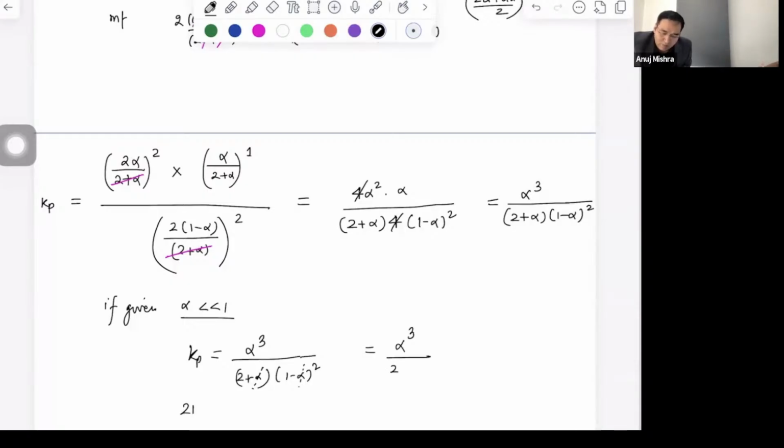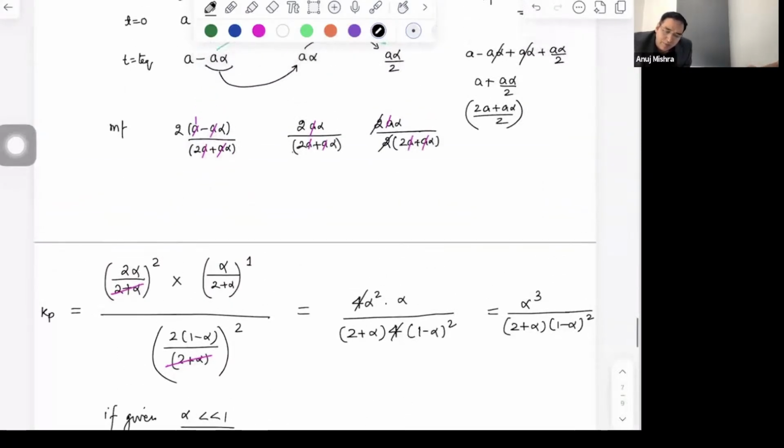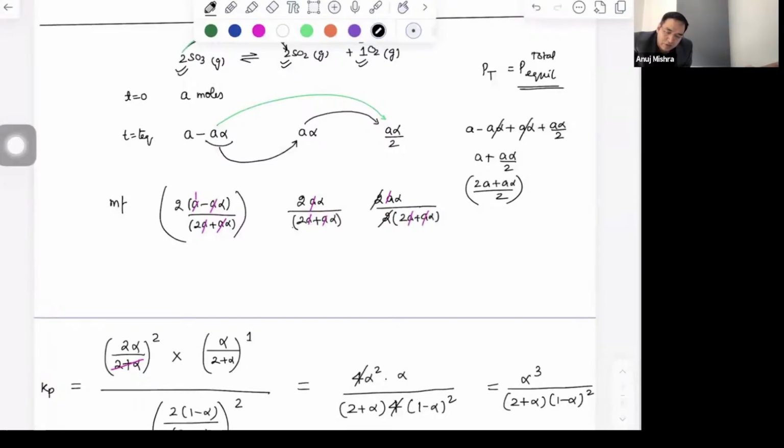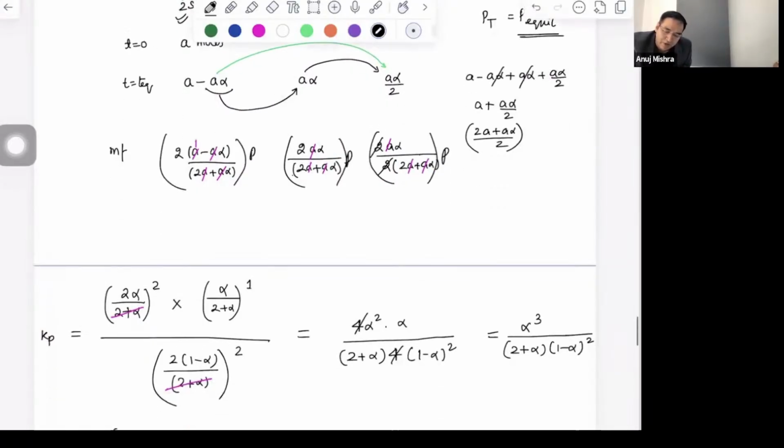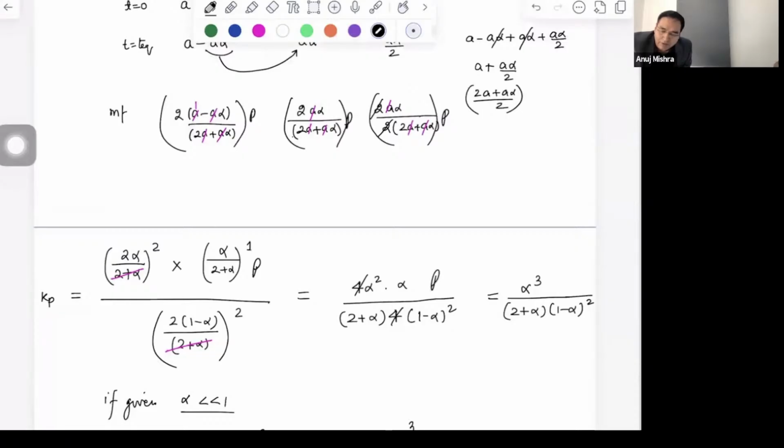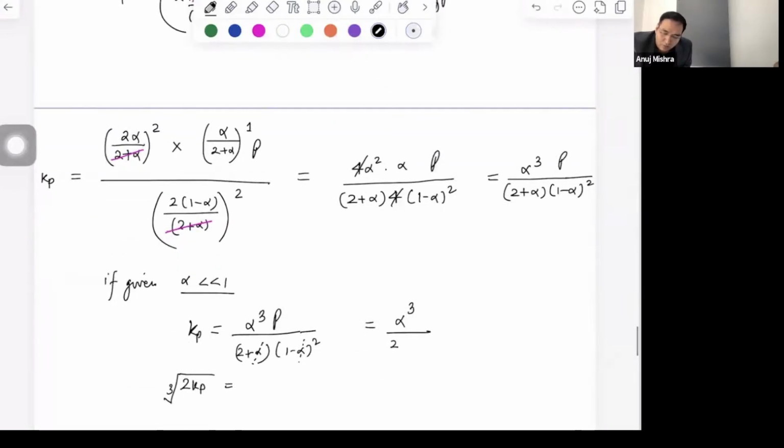So 2 Kp cube root can be written as P. आपका मिसिंग है, P भी तो लाना पड़ेगा भाई. पी तो बोला ही नहीं किसी ने, पी तो हो गया देखो, एक पी बचेगा पूरे प्रोसेस में, एक पी भी रहेगा साथ में. सो उस पी को मत भूलो,